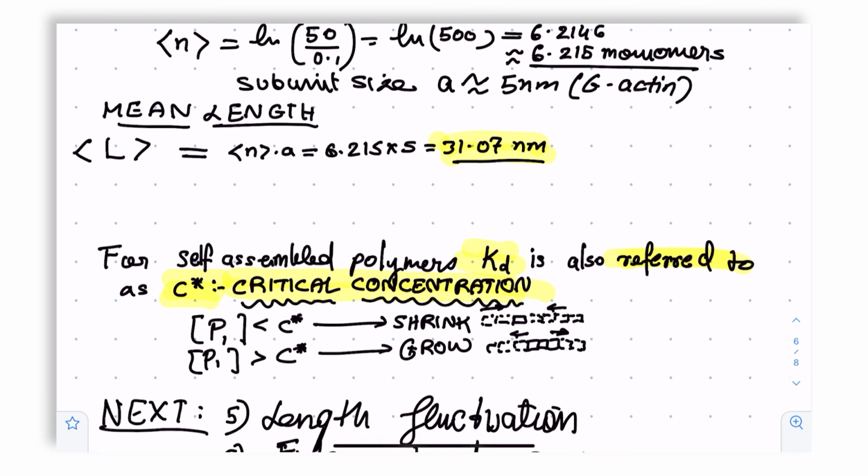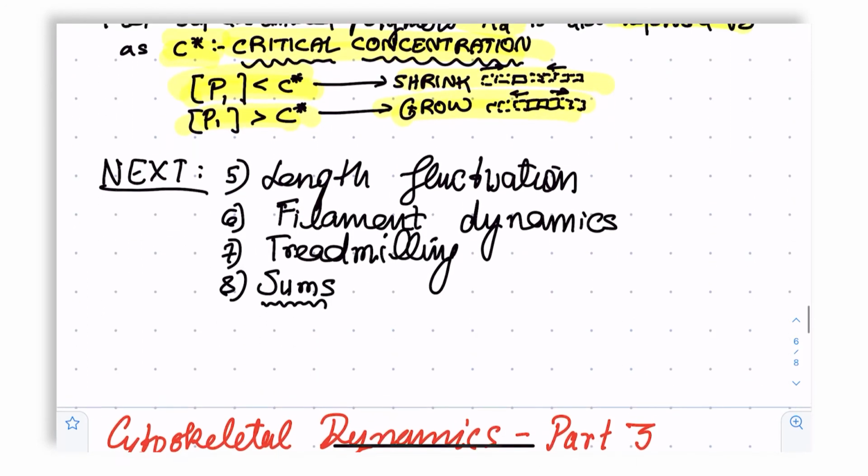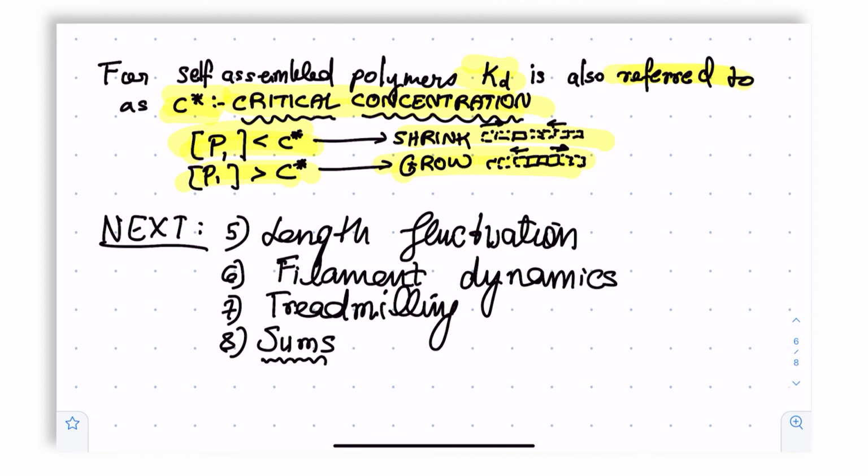Suffice to say, for the moment, we will just simply state that the monomer concentration, if it is less than the critical concentration, leads to net shrinkage, while if it is greater than the critical concentration, leads to net growth. So for the next part of this module, I'm going to talk about length fluctuations, filament dynamics, treadmilling, and some